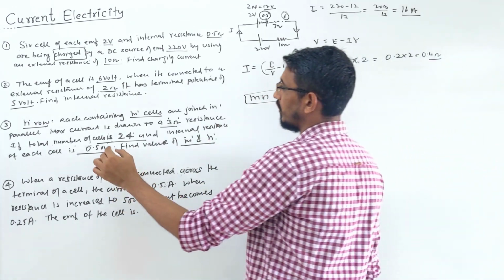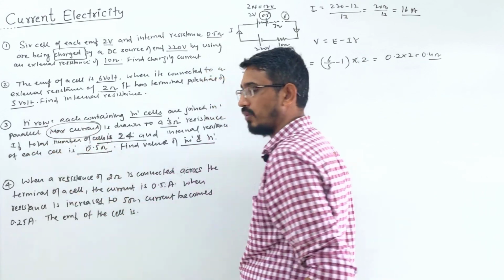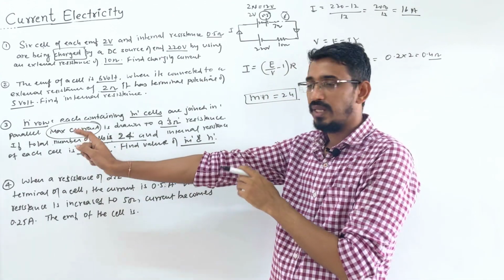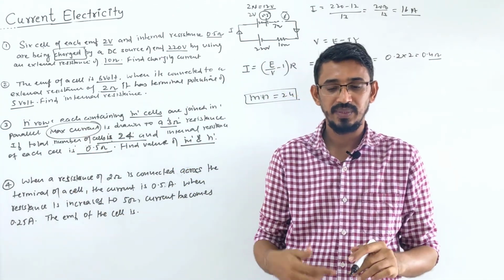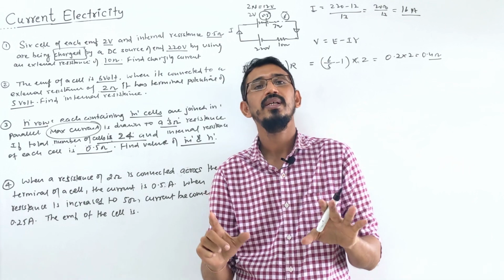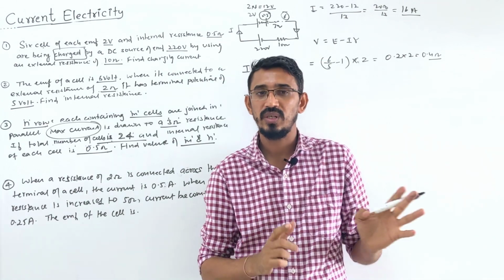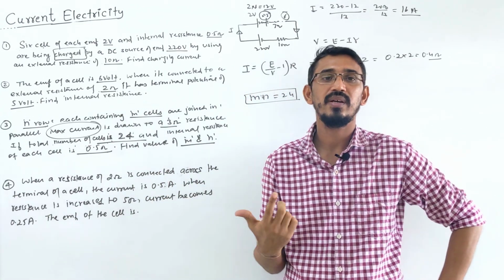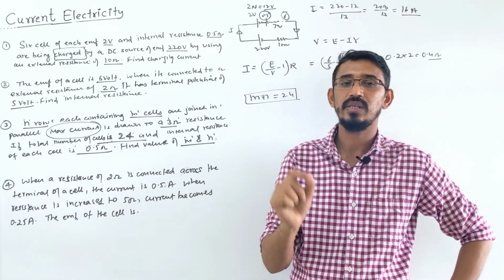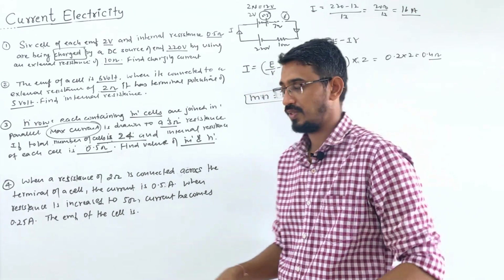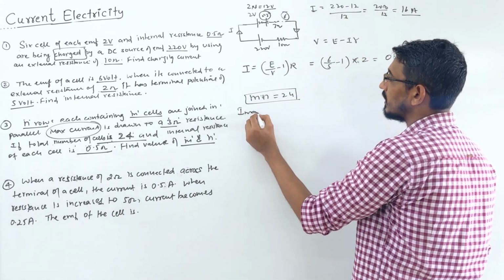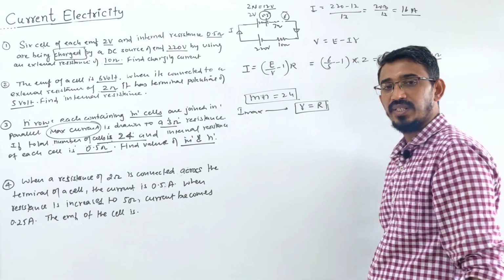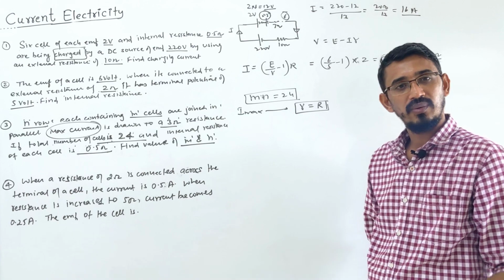Look, this said something very important. Maximum current is drawn. Maximum power and maximum current are the same thing only. Already I told you the maximum power transfer theorem. We know that power is transferred maximum when total internal resistance is equal to total external resistance. So same for current also. If they are saying maximum current drawn, it is guaranteed that the total internal resistance is equal to the total external resistance. So in this question they said I max. I max means total internal is equal to total external. This condition should be satisfied, because when current is maximum, then only power is maximum.